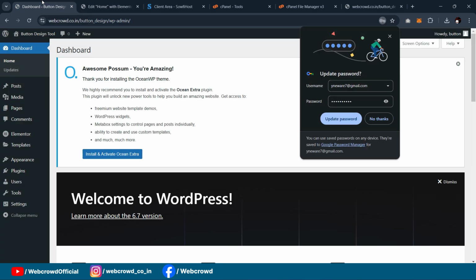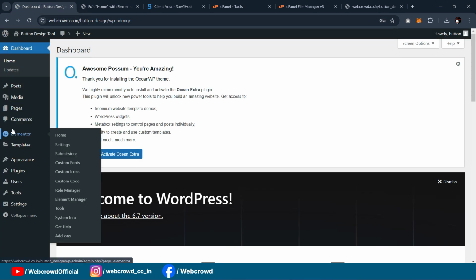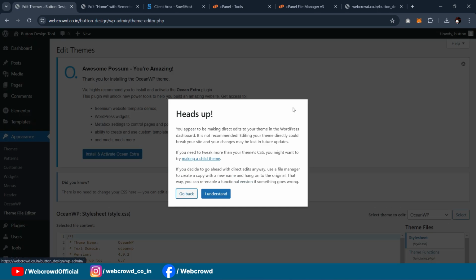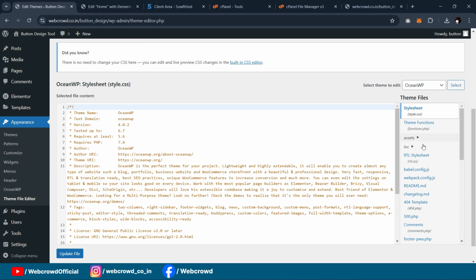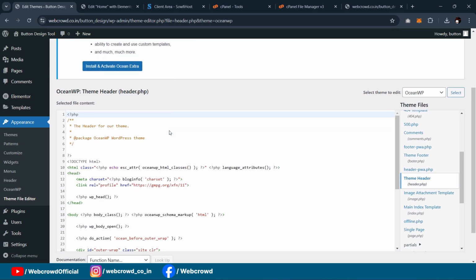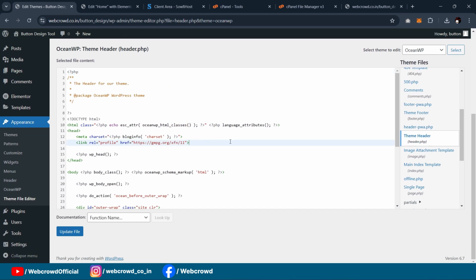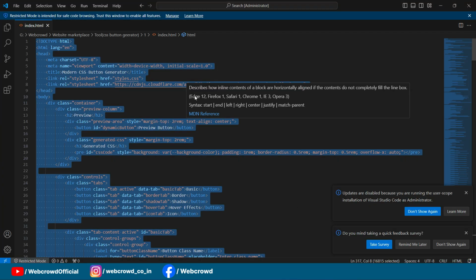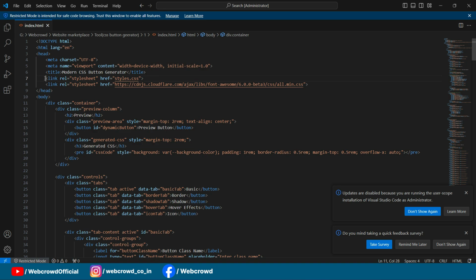We only need to copy the link for the styles. Okay, so for that go to the header.php. So this is the theme header, and there you have to paste a styles link. Okay, so this is the style link. Just copy this style sheet and paste there,